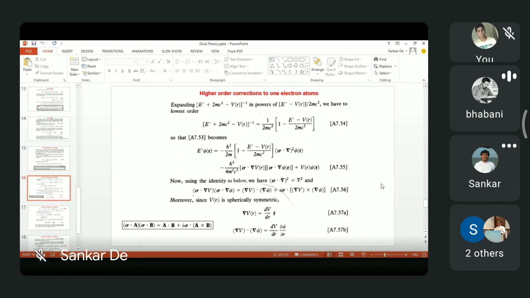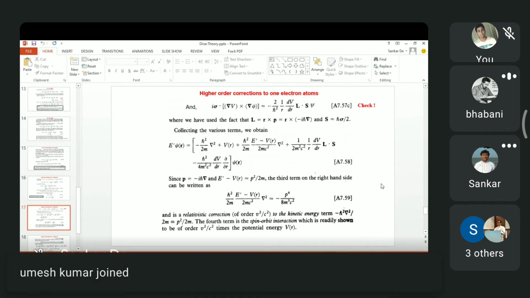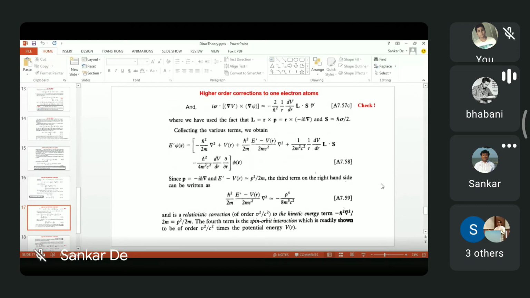Okay, so we used V in terms of L or psi in terms of S. How did we do that? Yes, that is the point. L dot S into psi. Okay, so S he said L. Gotcha. L he said is r cross minus i h cross delta, and S is h cross delta by 2. Sigma got absorbed in S. One second.